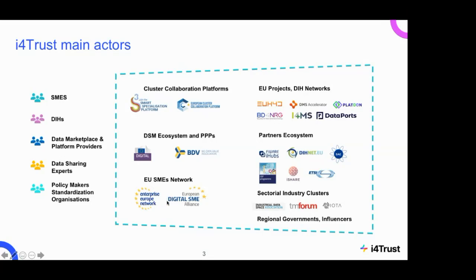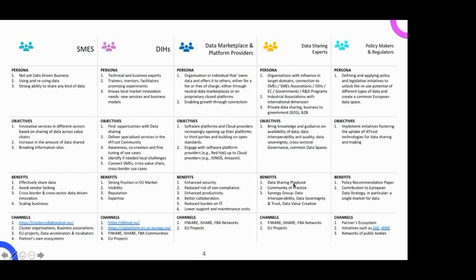Of course, the SMEs networks and related projects. Here we have a big ecosystem of different European projects that will help us to reach our goals. Standardization organizations, of course, the Connecting Europe Facility program, and different clusters linked to the partners that we are working with in I4Trust. Here you can find just some examples. So very briefly, and I will not explain that much on this slide, we have different personas. You are some of them, maybe some of the people that are listening now, and we have different objectives with all of them, and of course we expect that they will get clear benefits working in the I4Trust